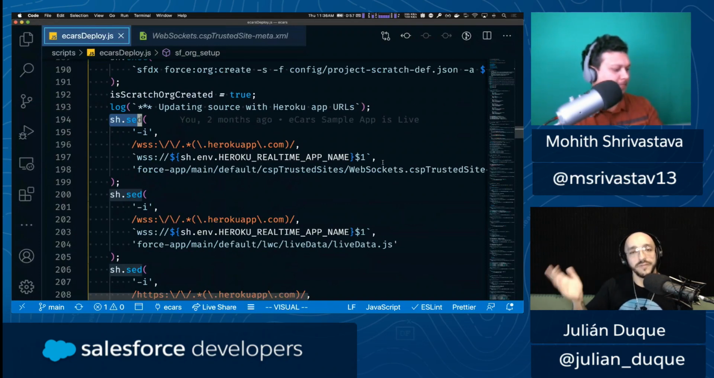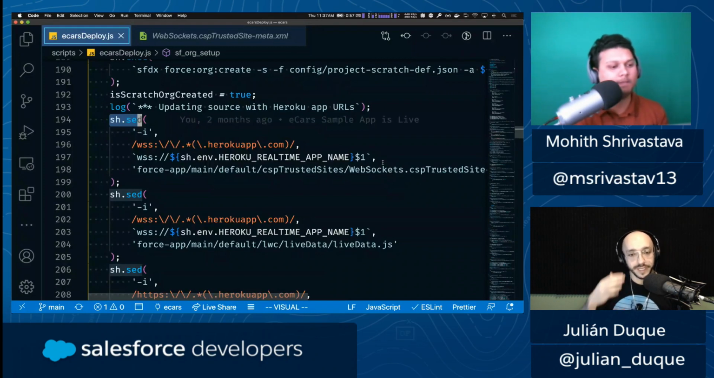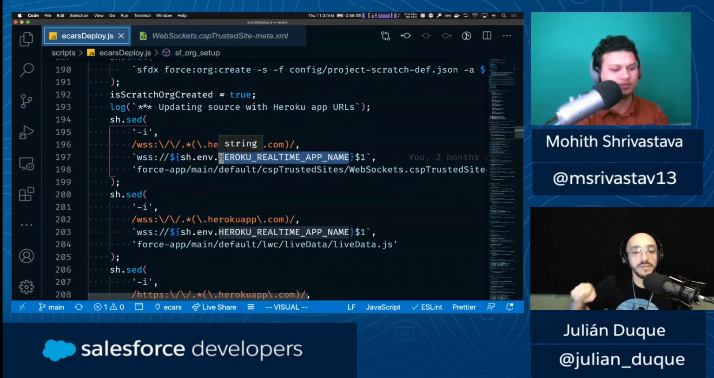For example, this can be used with any file, like named credentials, changing some other variables depending on things that you are doing during the automation. So here we are updating the source. So we are changing the source code before pushing to the scratch org. Got it. And here, as you can see, we are using regular expressions, which are very powerful. And I will recommend you to learn regular expressions to replace something that ends with herokuapp.com with the variable we got at the beginning, the Heroku real-time app name,